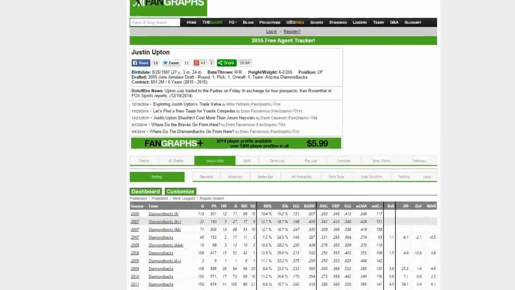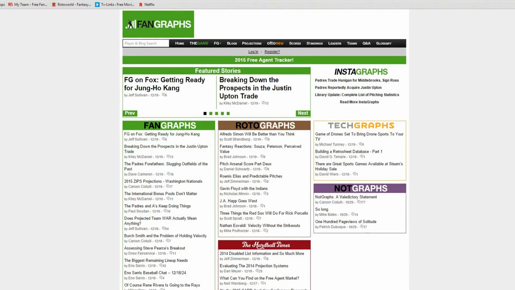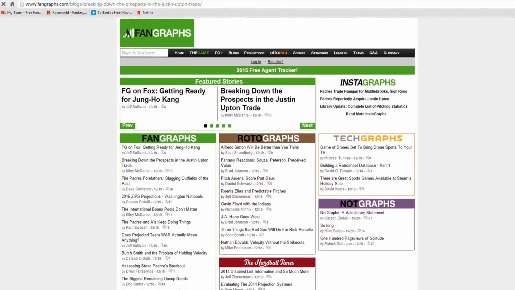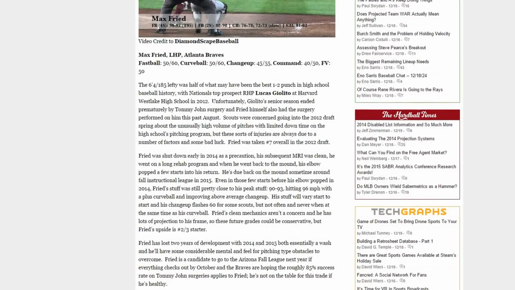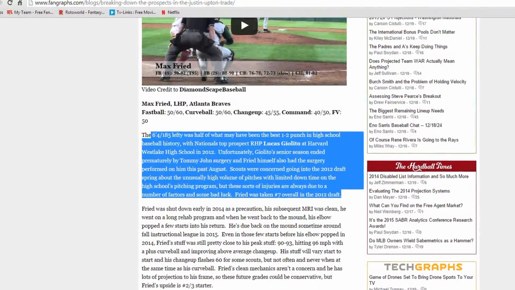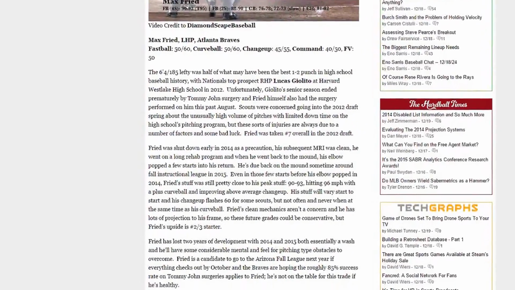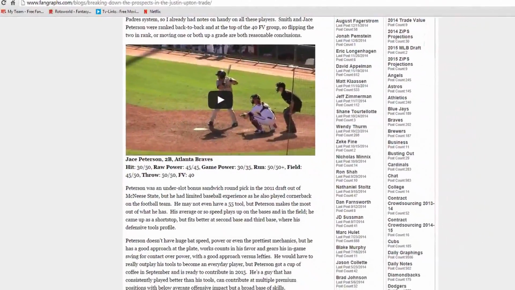So you can use this site. They have editorials here that break down the trades and the prospects and whatnot. So you want to use this site if you ever have a question on whether a player is doing too good or if he's going to keep it up. You should probably be heading on this site and checking it all out and reading up on this.